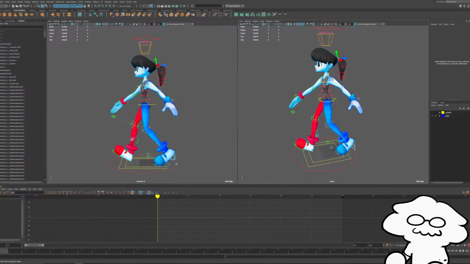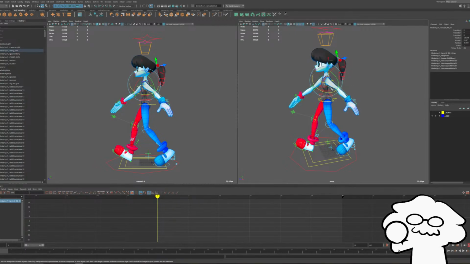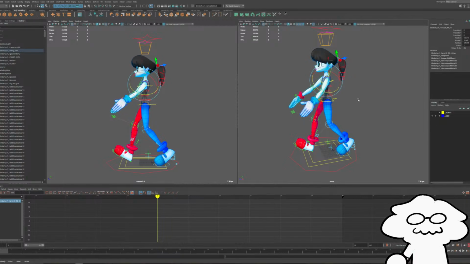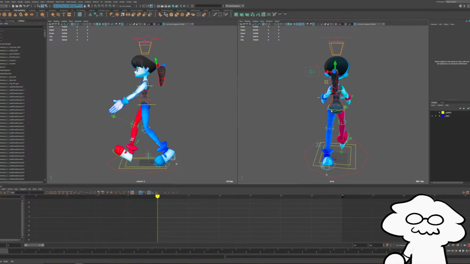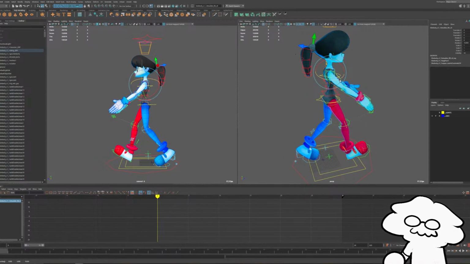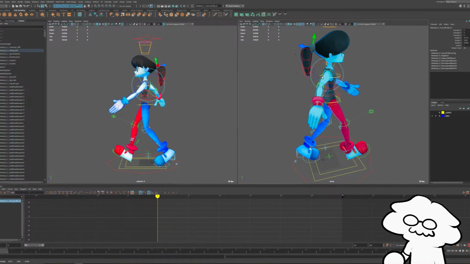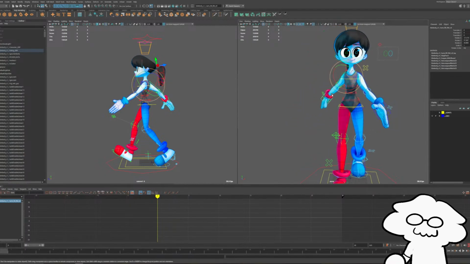So let's move the arms the way they should be. Again, it will look very silly for a bit. Kind of like that. And go the other way around. Now the rig I'm using, I made it, but it's not very good.